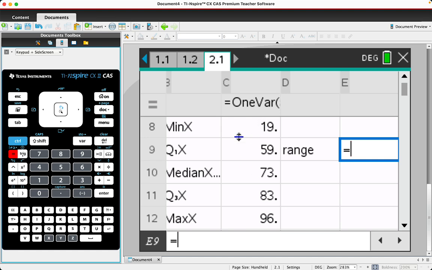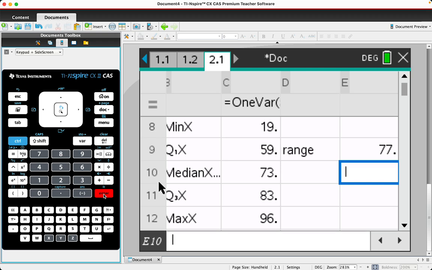However, instead of referring to the value of 19, I'm going to refer to its location, which is cell number C8. Sorry, we start with our maximum first. So we want C12, which is 96, and we're going to subtract our minimum, which is C8. If you press enter,